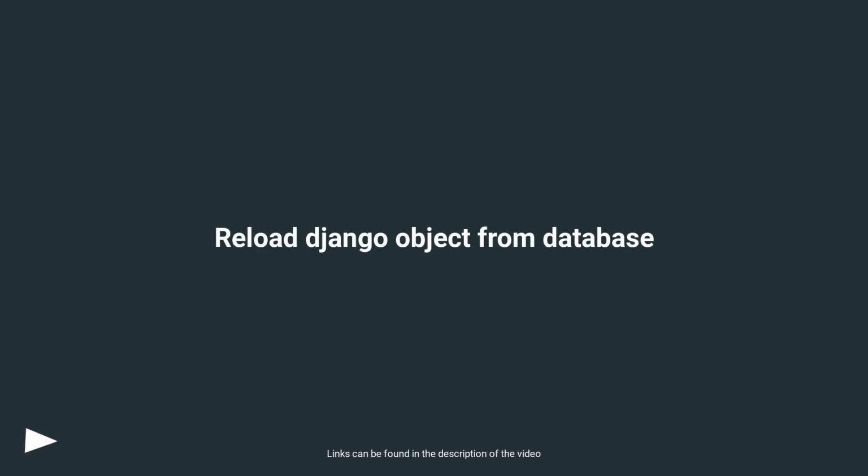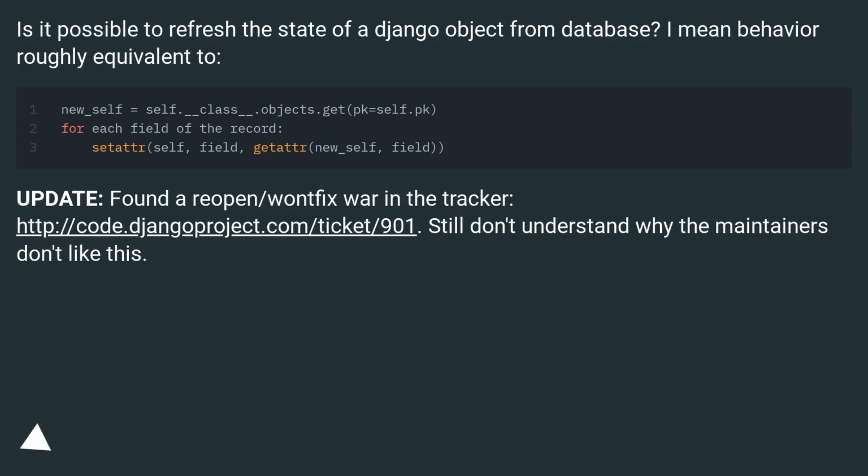Reload Django object from database. Is it possible to refresh the state of a Django object from database? I mean behavior roughly equivalent to